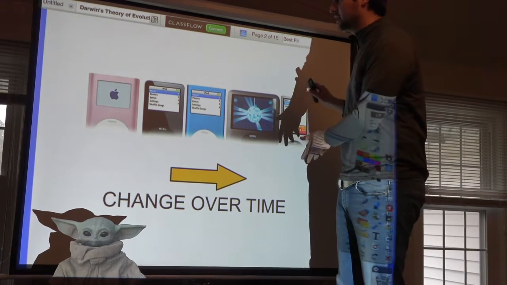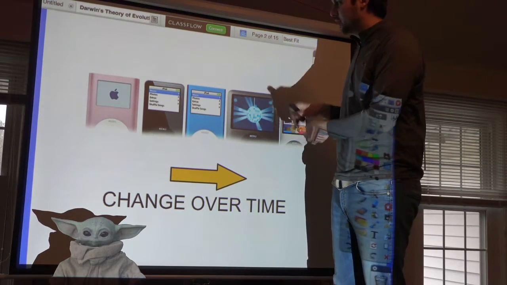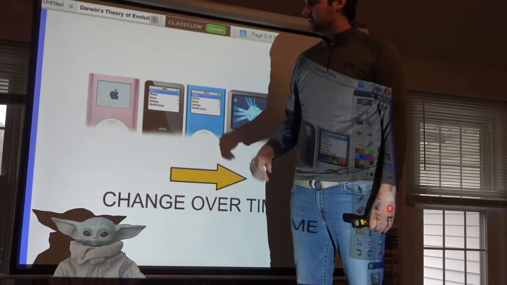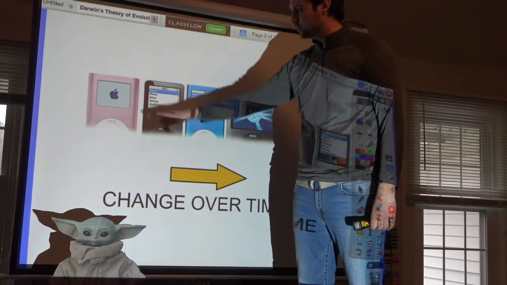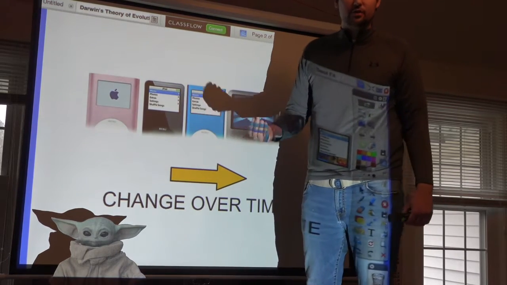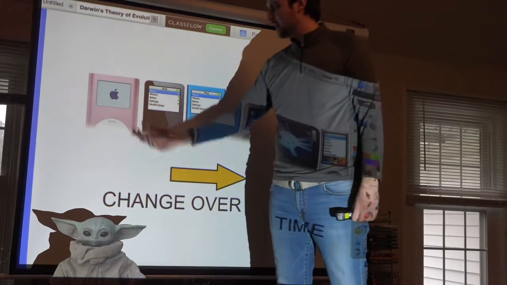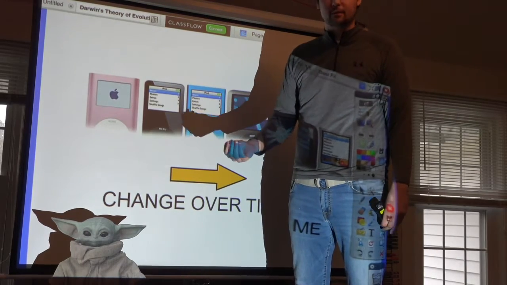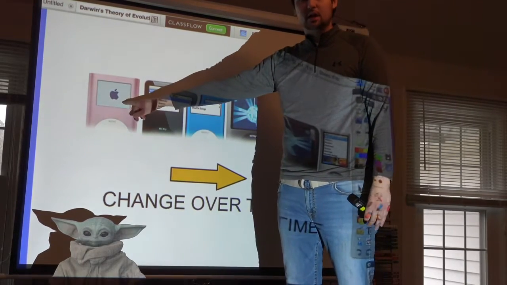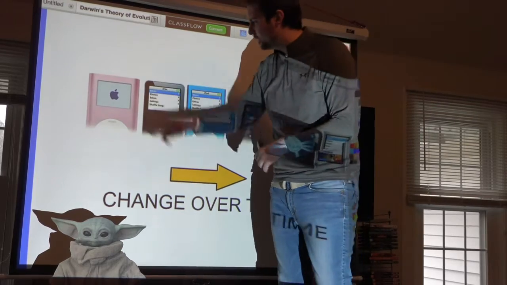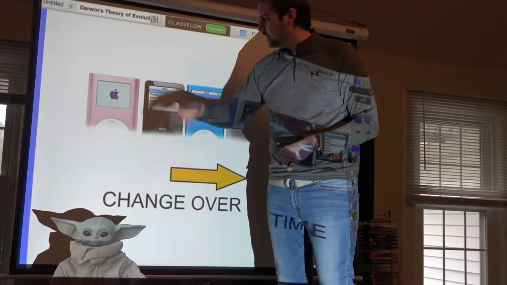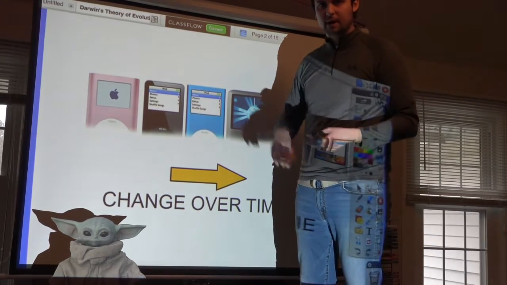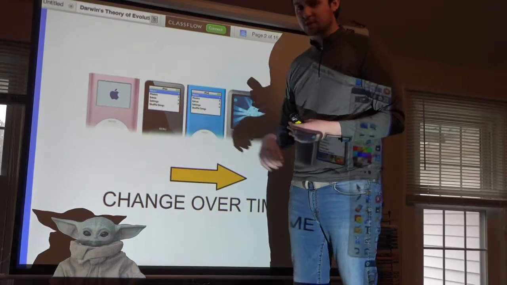So what I'm getting at here is this is evolution. It works very similarly in the animal kingdom. In this one, it was bulky. It had a very short battery life. It was a gray screen. These weren't desirable traits. We didn't like the fact that we couldn't have more of our music on this device. We wanted to have more memory. We didn't like the fact that it wasn't in color. I couldn't put images on there. I couldn't put my CD cover art in this device. So the next generation would come out, with more memory. Now it has color. Now I could put in pictures.